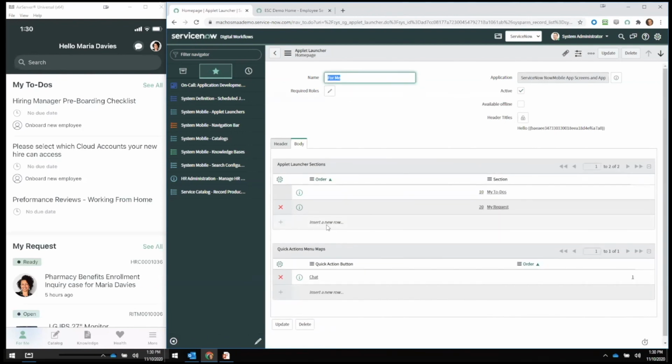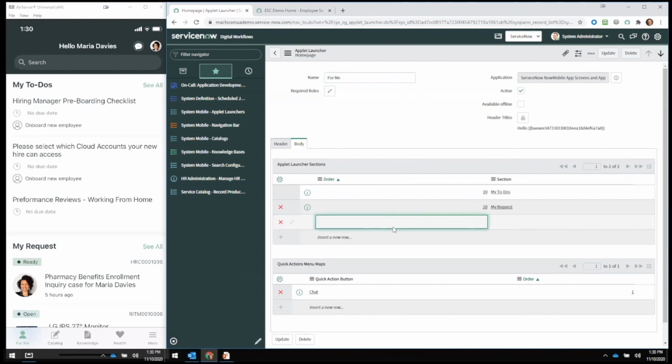Okay. So I want to add a row first for content. And this is essentially controlling where the content would display. So I'm going to put this section as 5 because I want it to show up first at the top of the screen. And again, this is a section that we deliver out of the box. So I just have to add the mobile content section,